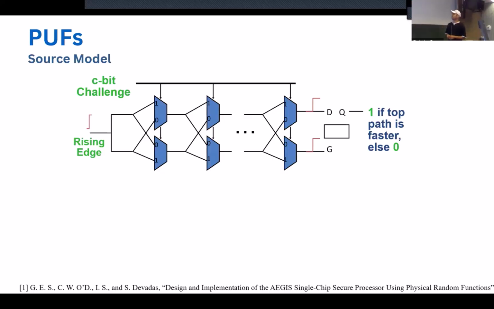Similarly, we have another example of silicon PUF where we pass current through the circuit. Both the top layer and the bottom layer are almost identical, but due to inherent variations, we see a tiny difference in how the current is received at the other end. If it passes through the top one first, then we consider it to be 0, and if it passes through the bottom one, we consider it to be 1, or vice versa. We also align a lot of these structures to generate a variation profile to uniquely identify the device.